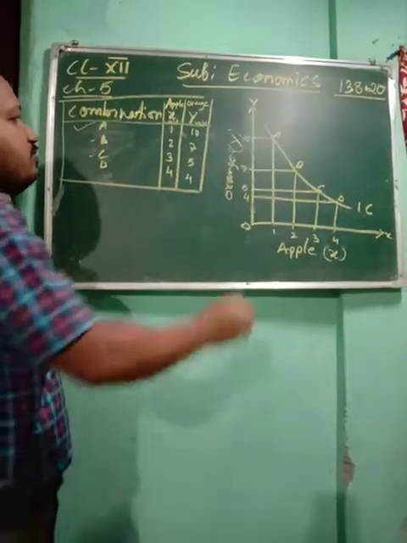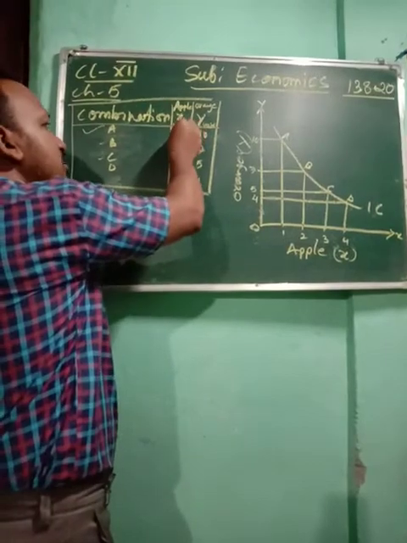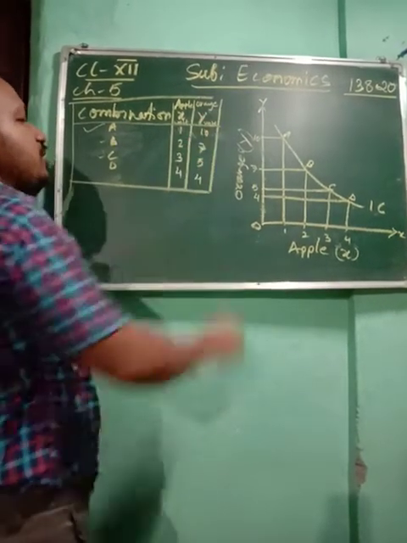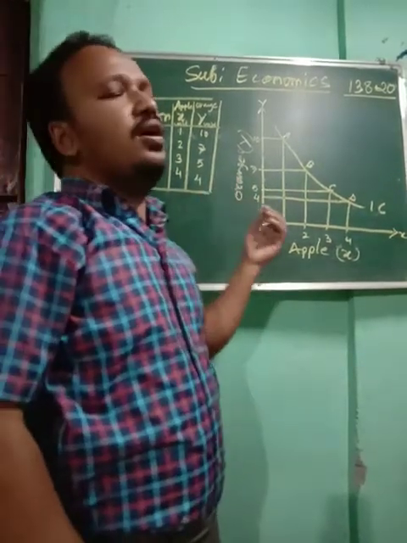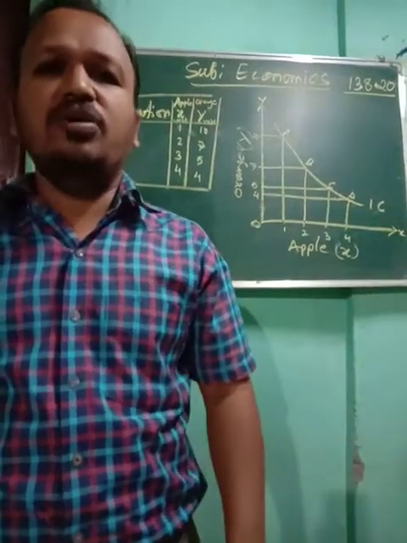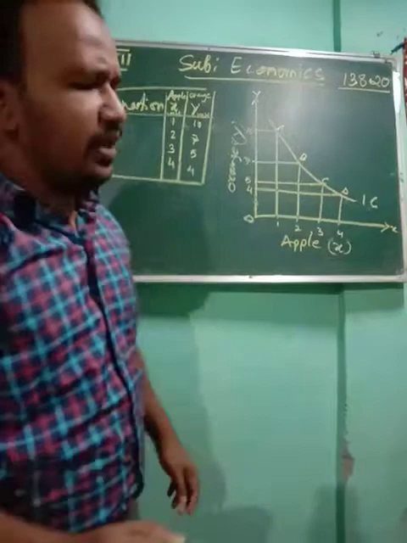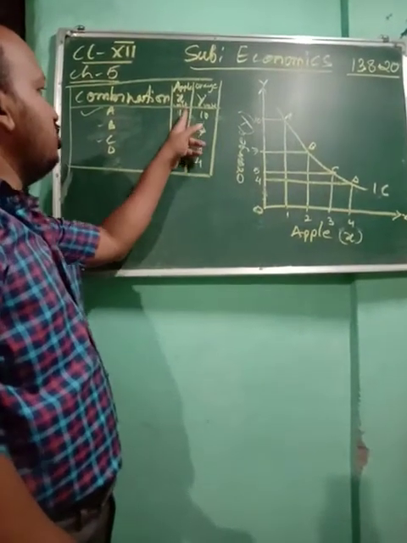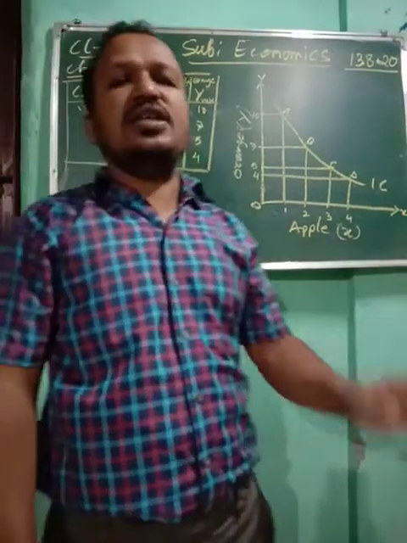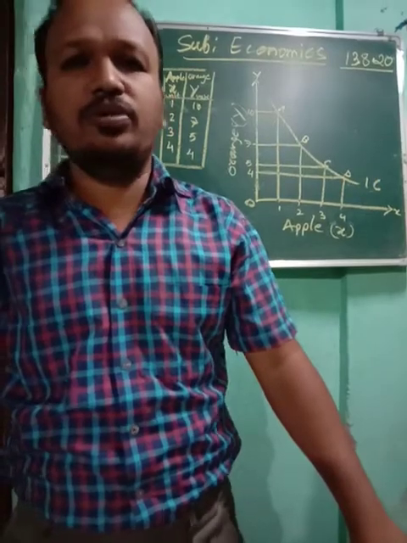So you see here, you can see that when a consumer is consuming 1 commodity more, the consumer has to reduce the consumption of the other commodity. So in this way, this is the assumption. In this manner only a consumer will be able to get equal satisfaction from both the commodities. If the consumer is consuming more of this and not reducing the consumption of oranges, then the concept will be completely wrong. A consumer will not get equal satisfaction from both the commodities.